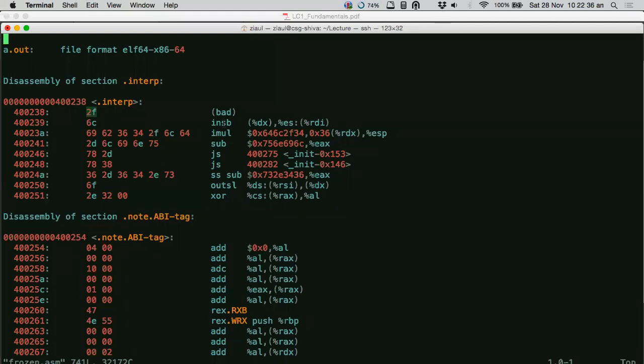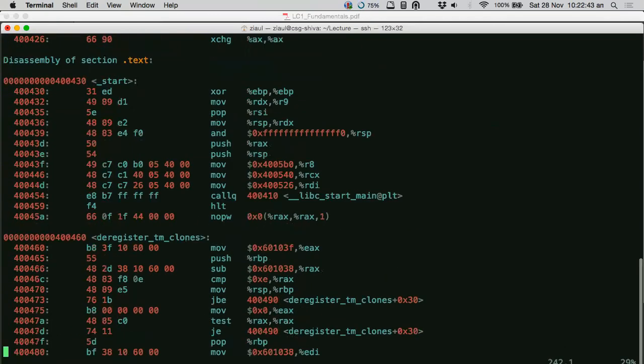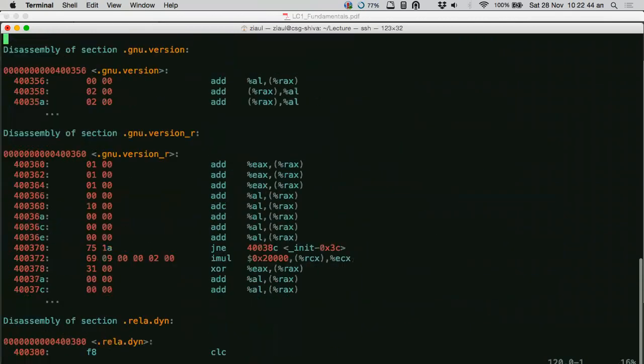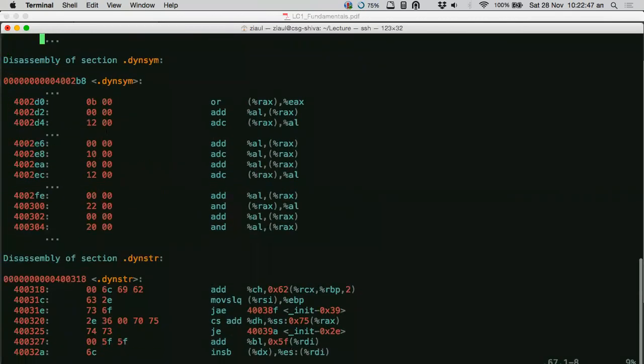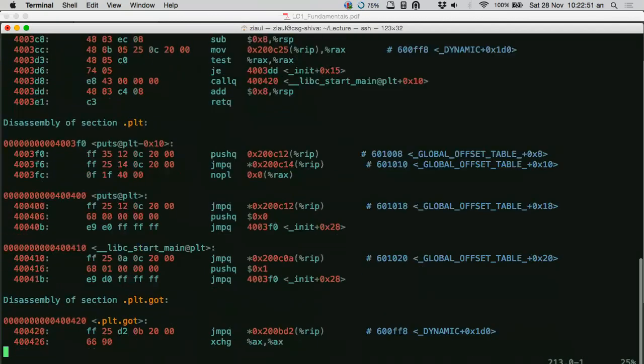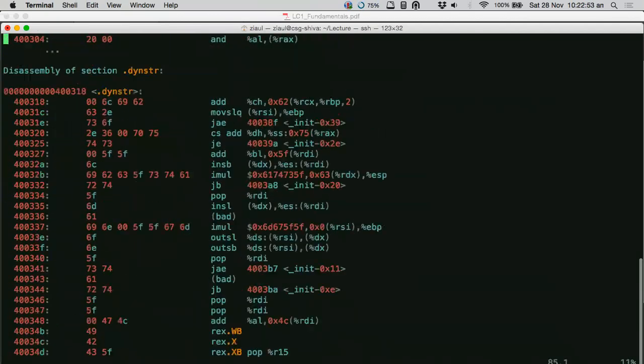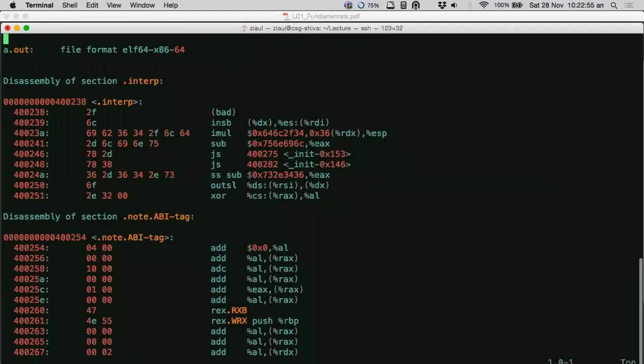Why do you have the xor? Don't worry about the logic here, or the instructions there. That's not the point. I cannot explain everything that is going on here, because this is just a single line program that got compiled into this big chunk of assembly code. So don't look into the logic of the code. Just look at the numbers. That's my point.